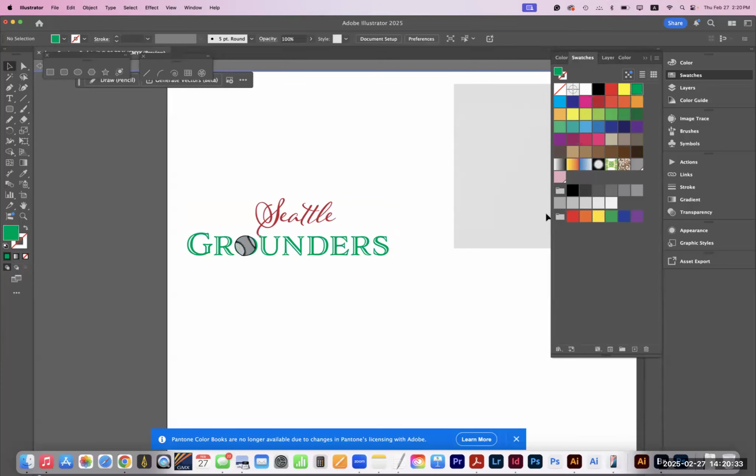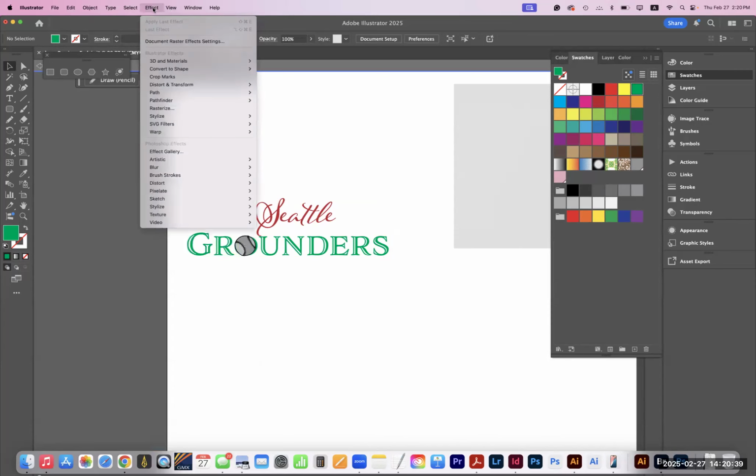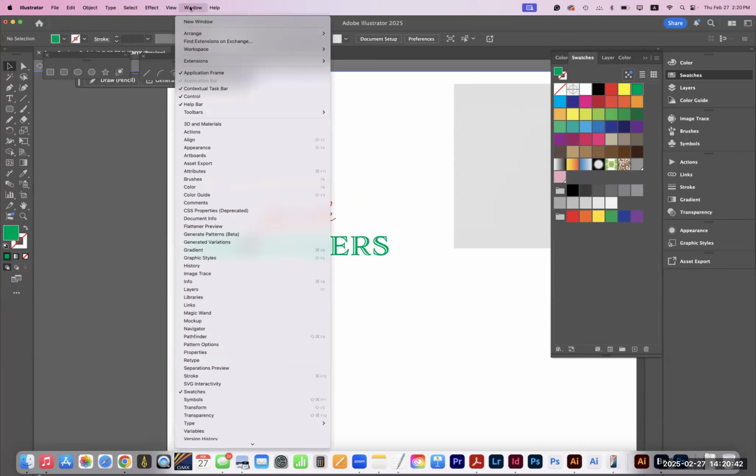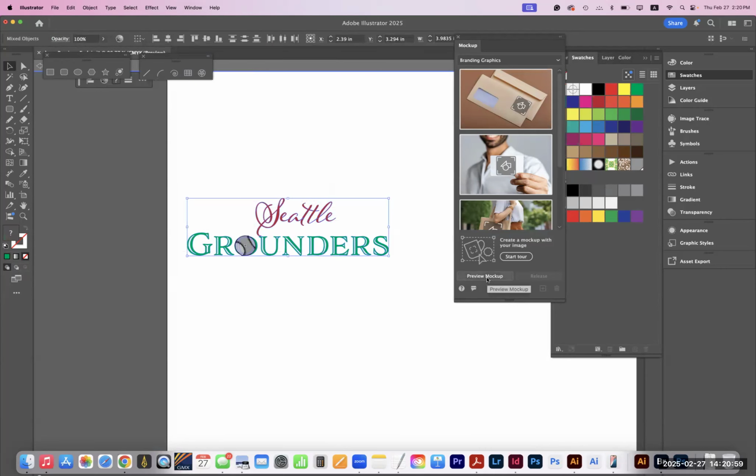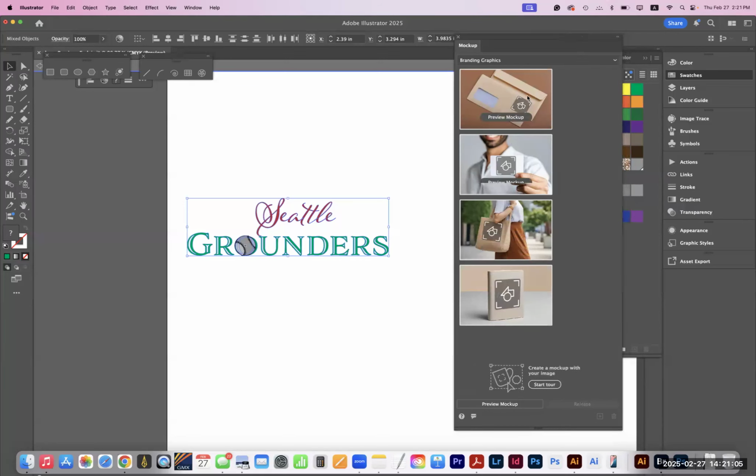I grouped it. And then I'm going to go to Window, and I am going to go into Mockup. And it is pretty new. So again, you can go in and start a tour to see how it works, or you can select the stuff and see I have preview mockup. By default right now, they have envelopes, they have a guy standing and holding something, they have a girl with a bag, and we have a booklet. If I'm going to say preview mockup,